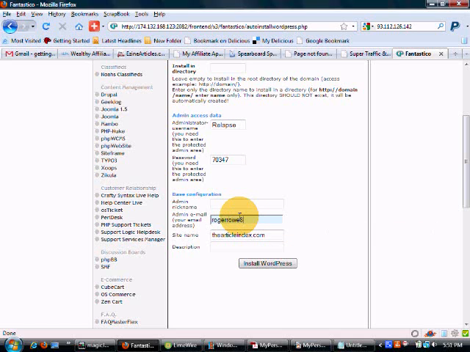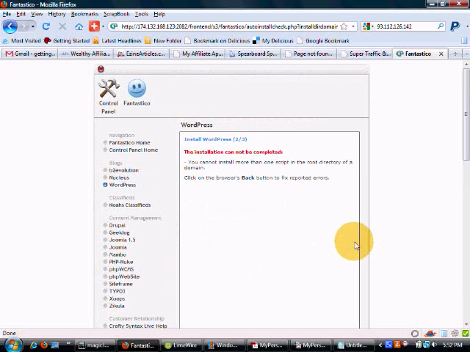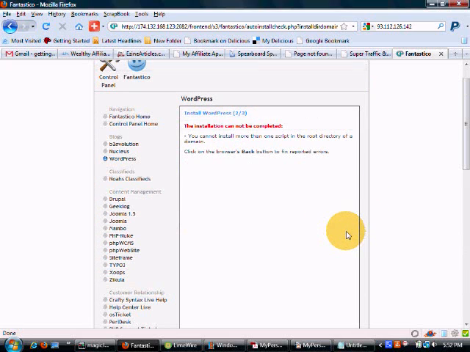Get your email address in here and install WordPress, and that's it. Obviously I have already gotten it installed here, but if I didn't have it installed, it would say your install is complete and you need to bookmark this link. And that would be it. And then you go check out your site, go to your root index, and it'd be up.